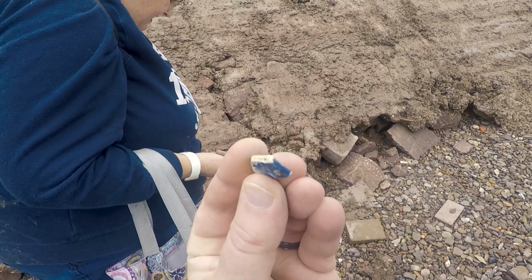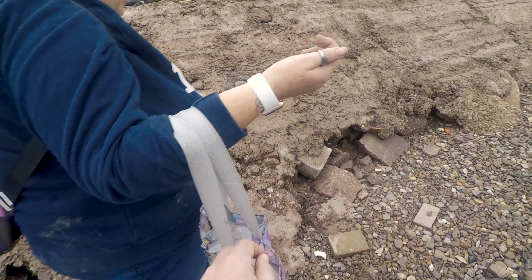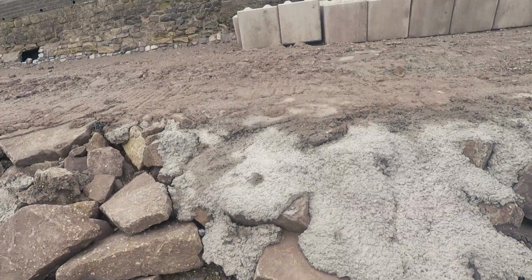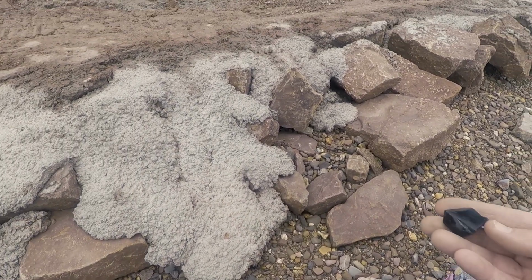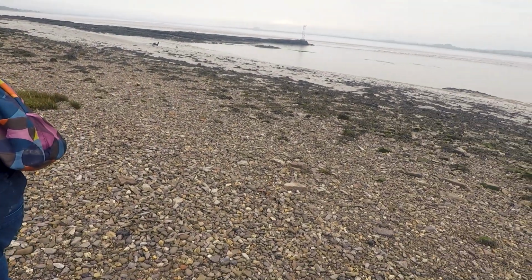Look, there we go. That's a lovely piece of patterned, maybe willow pattern. These are definitely bigger chunks than Charmouth Beach. That's nice. But look at that, a nice... Is that pirate glass, do you think? I don't know. Let's try and hold it up to the... Oh yeah, you can...